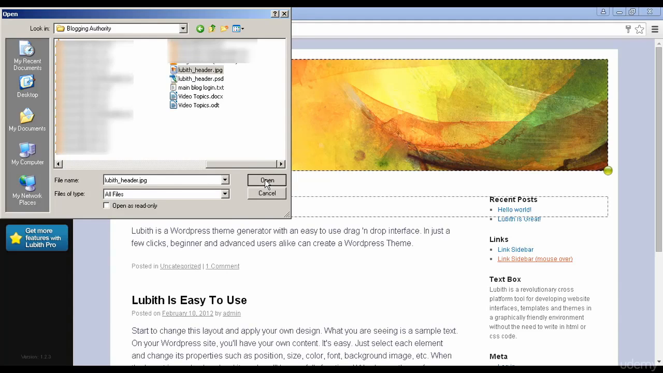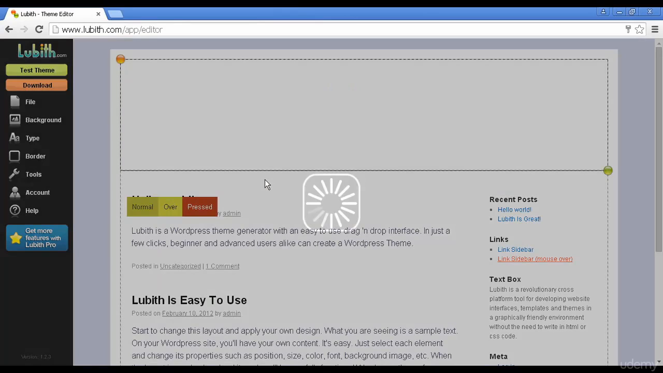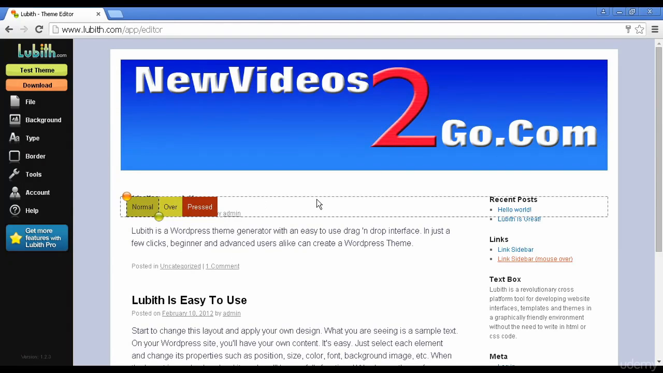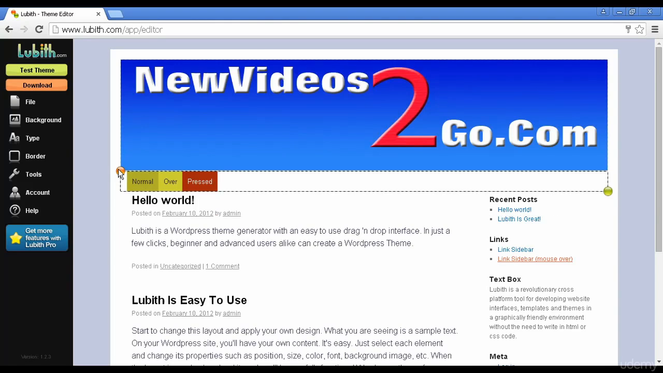So let's just click here on open. And it takes a moment to upload. And there we go. It's got the header. Okay, now I need to move the menu up a bit. So let's just click over there. This can be a bit tricky because sometimes they're a bit hard to see if your screen resolution is like mine is. Okay, so pull that up